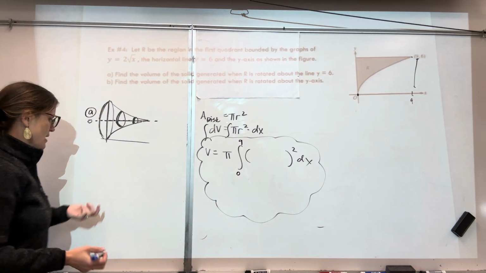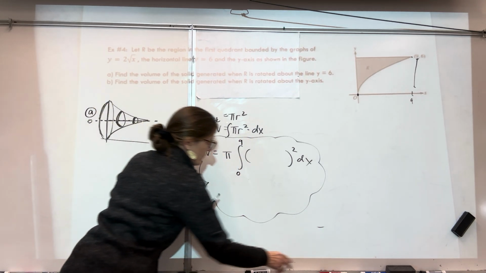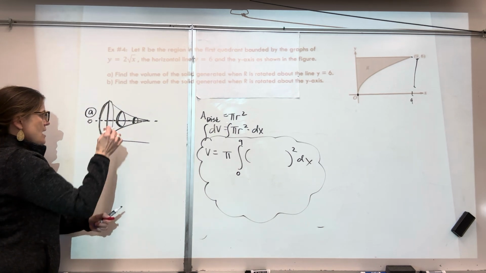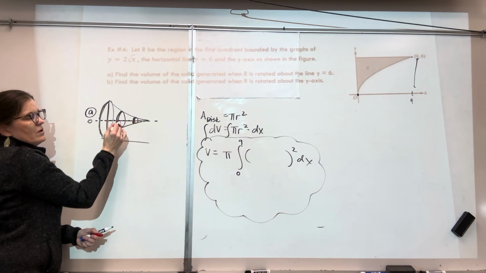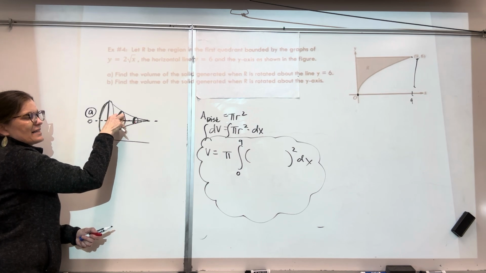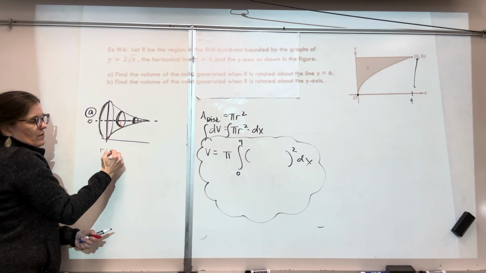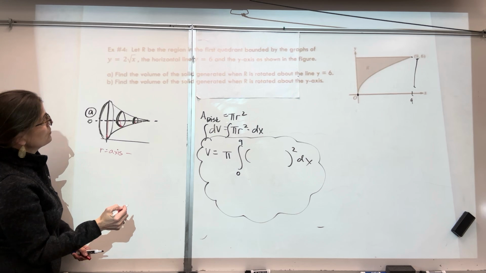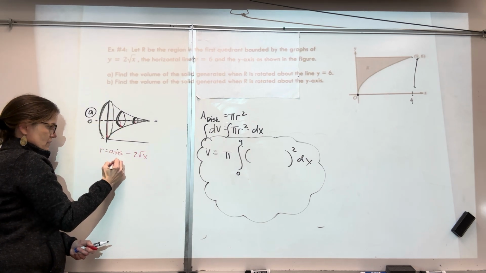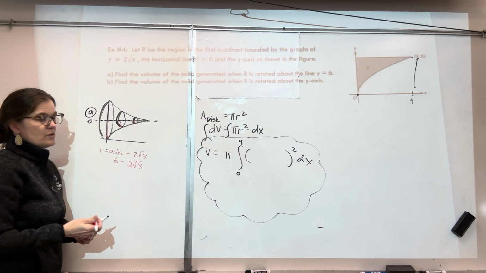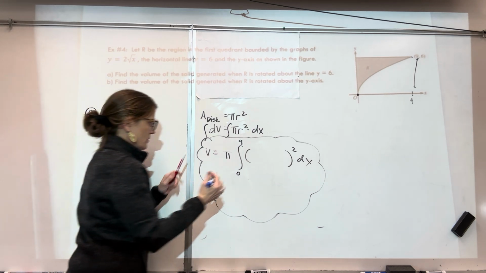And then no matter where I look, if I'm standing on the axis of rotation and stare out, the furthest thing away is that curve, right? So I'm going to subtract the axis minus the curve, which was what, 2 root x? And the axis this time was 6. So 6 minus 2 root x is what should live in here for your